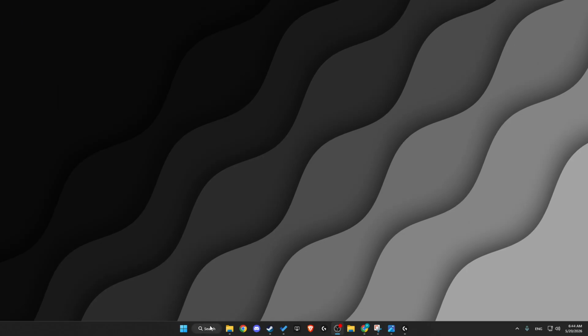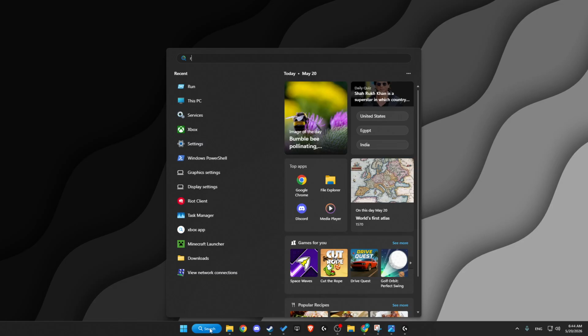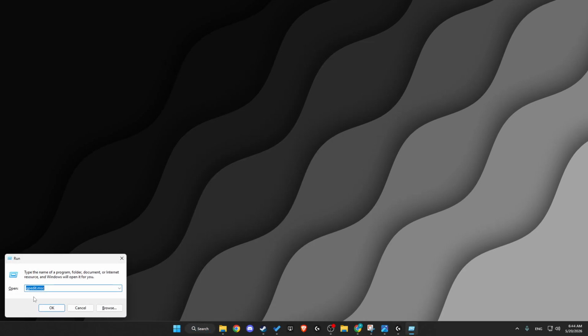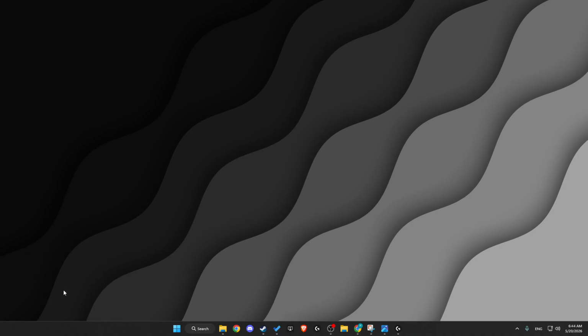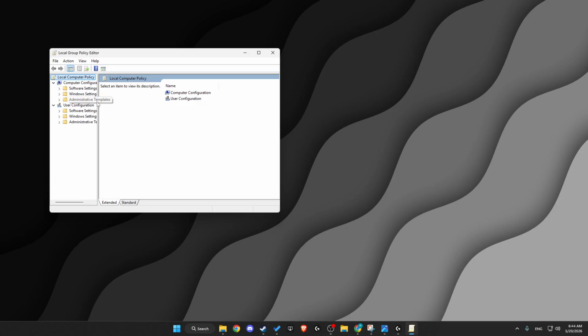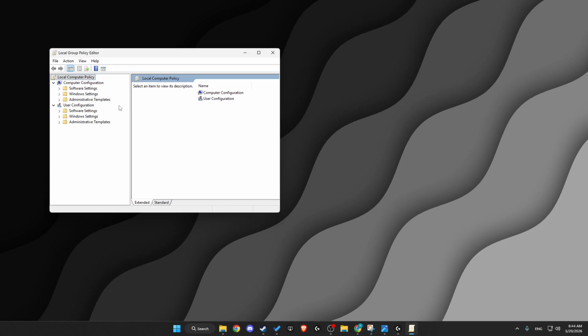So the first thing you need to do here is write in search Run, or press the Windows and I key, and then you just need to write gpedit.msc. Then on this window here, you can expand a bit, and then you need to go to Computer